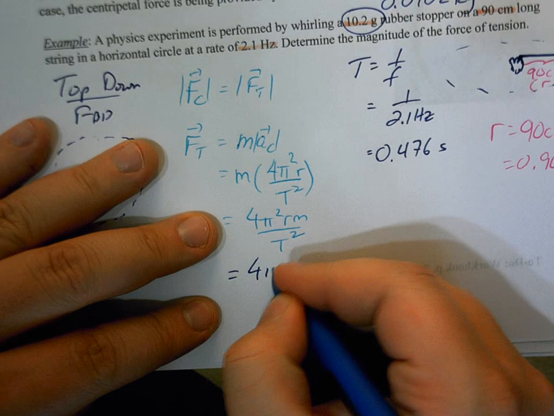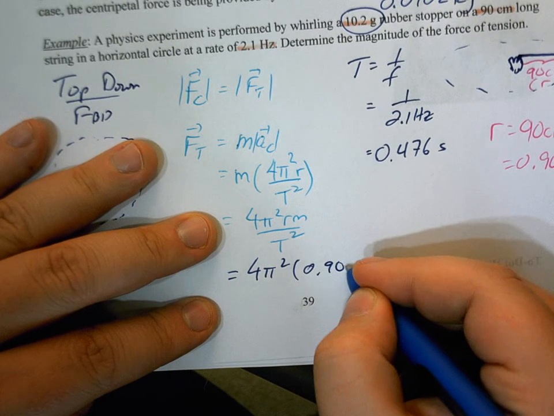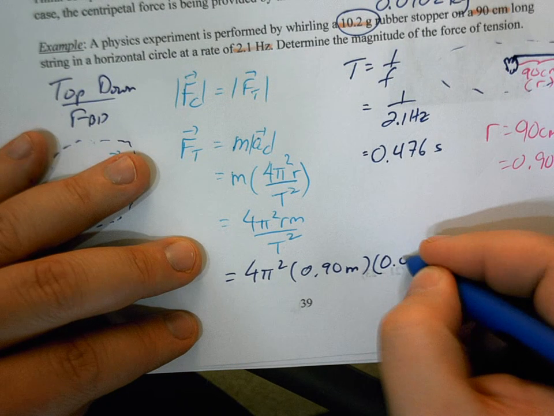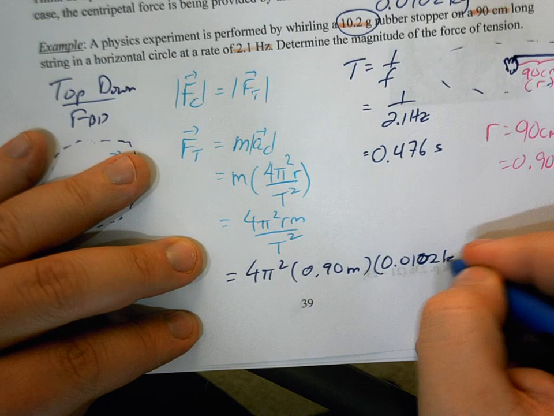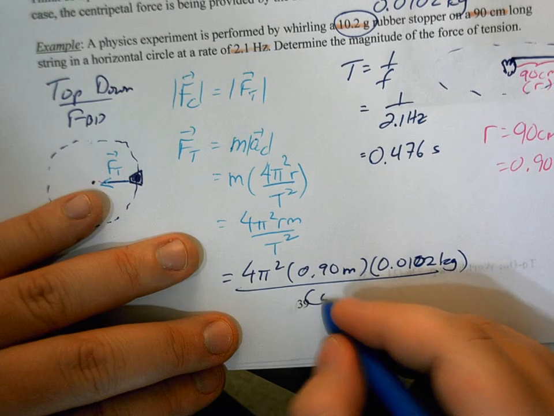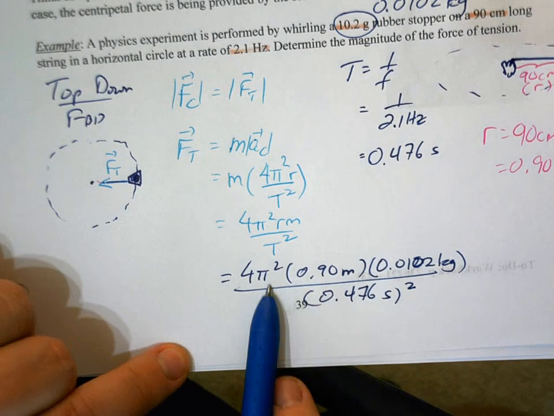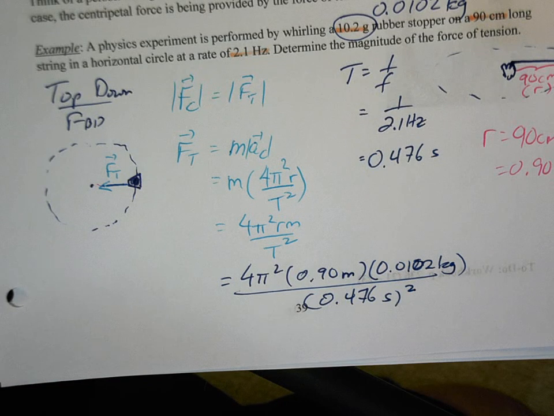So we've got 4 pi squared. We have that radius in meters. We have that mass in kilos. And then we have that period. And don't forget your squares in the various places, because again, it's a common mistake to forget those, and you don't want to forget those. So if we're really careful,